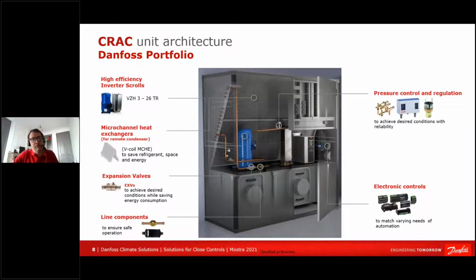So today, for the close control unit: close control units are units located within the server room. It's a refrigeration system close to the server room. It's an air-to-air system, mainly using high density refrigerant, and the latest designs are using R-Fortinet. For this type of architecture, capacities range from 20 kilowatt up to 150,